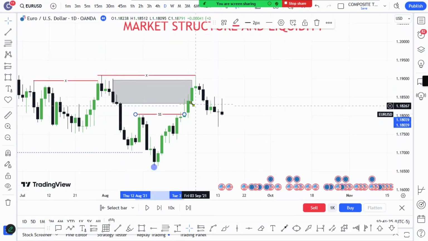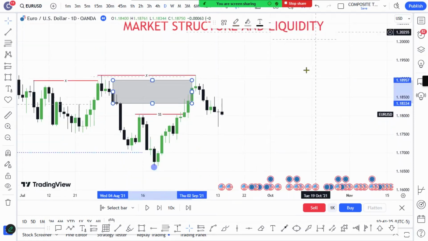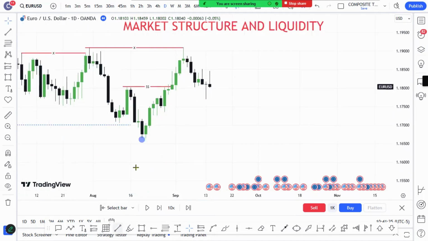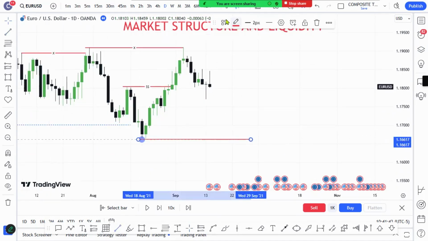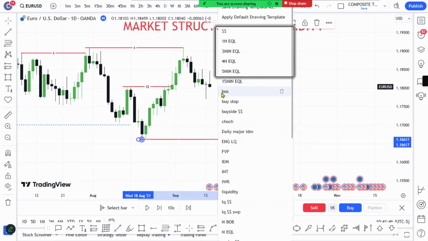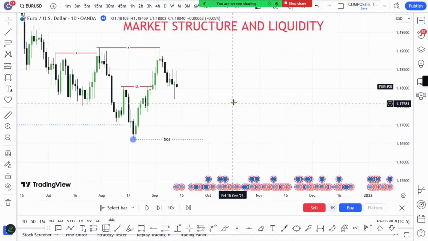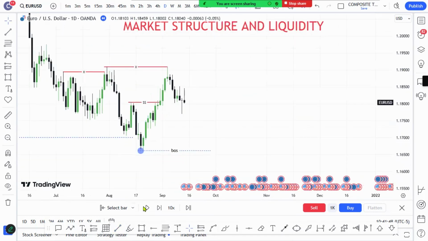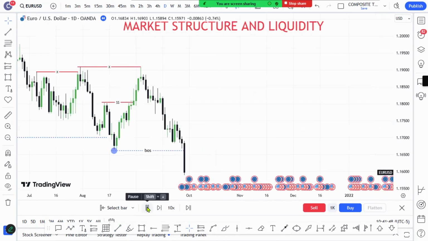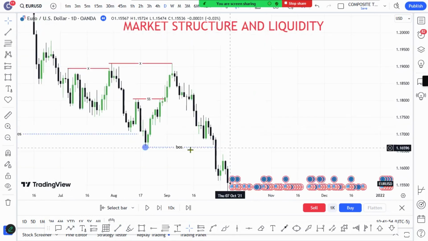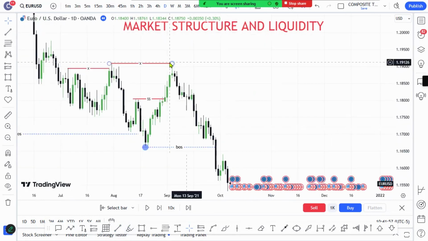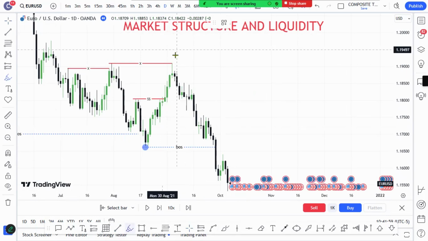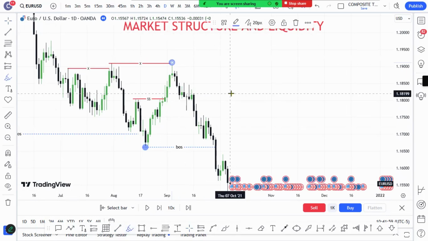And this level, you can see, was manipulated. So what we want again is to see the market breaking below this zone. Want to see the market breaking below this particular zone. Let's see what is there. Okay. Now I have that candle close, and this is our protected high. That is our protected level.